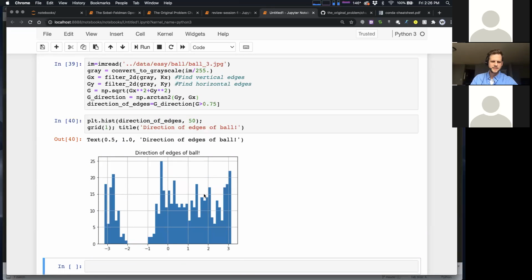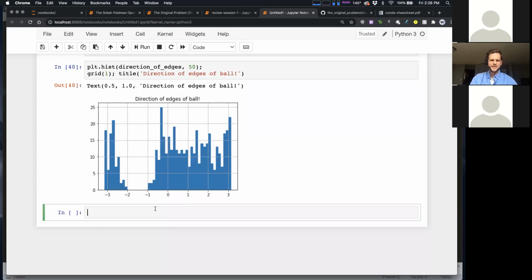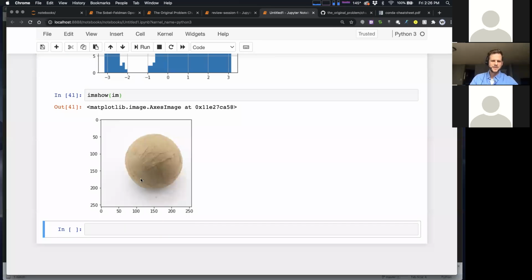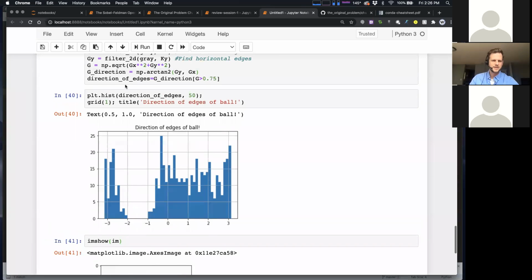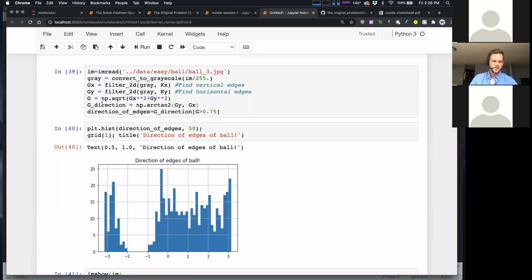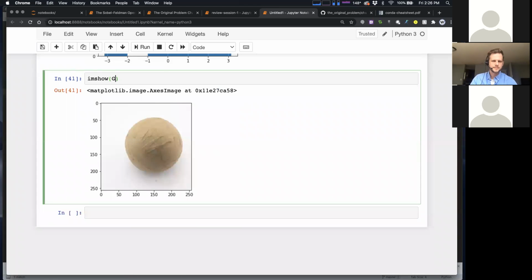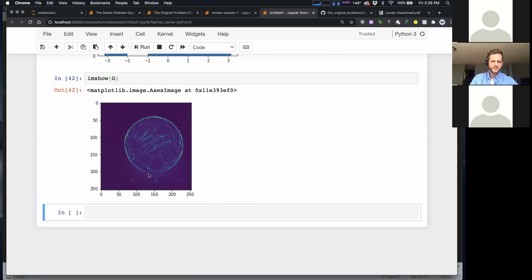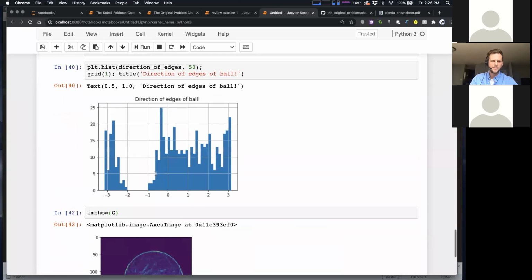Okay, that's interesting. I bet this ball has a little gap in it. Let me show it real quick. Let's see here. IM. Interesting. Let me actually show. And I might want to tune my threshold a little bit, but that's okay. Let me show this. Yeah, there's kind of a little gap in the bottom. But here's what I really want to show you.